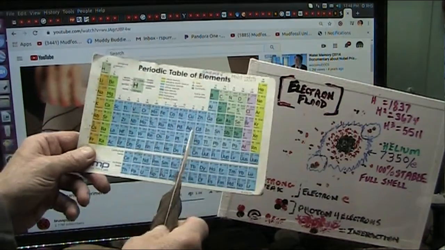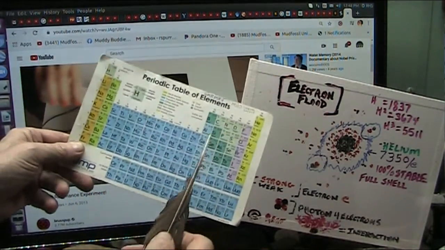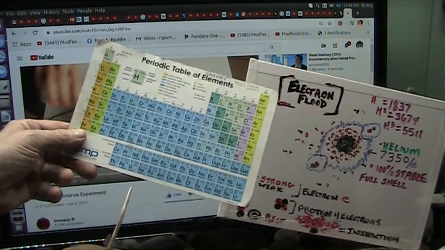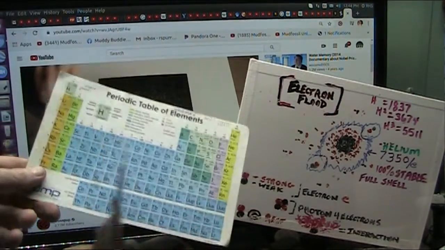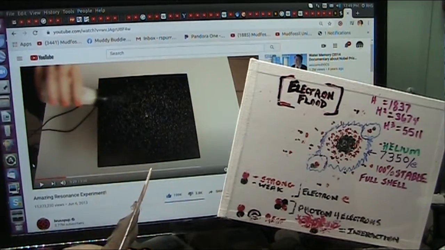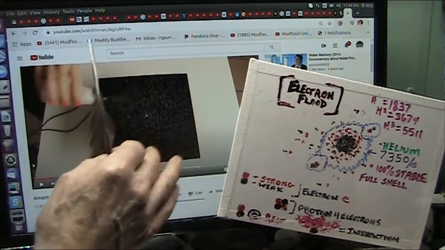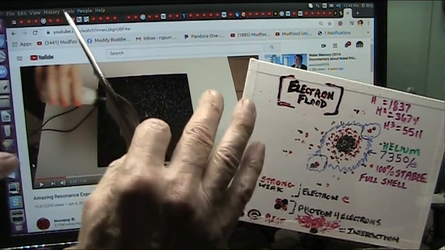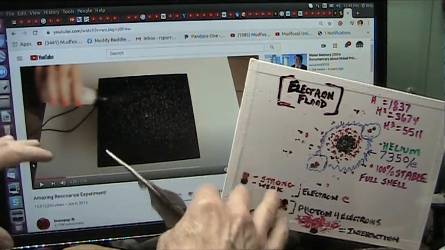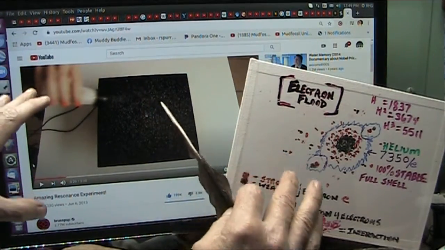You see all these different elements on the periodic chart? Well, guess what? On other planets and other worlds that have different gravity, you don't have the same elements. Oh, Roger, come on. I said, no, I don't think so. Here's why. There are 7 major Schumann frequencies. Our heartbeat and our literal electrical biological rhythm is the Schumann frequency 7.83.